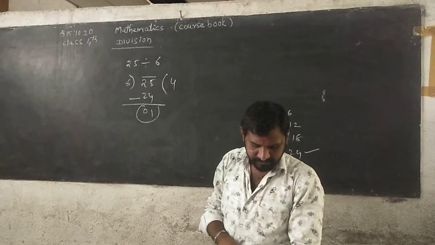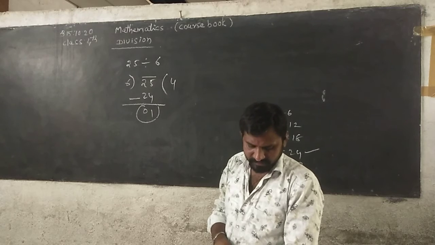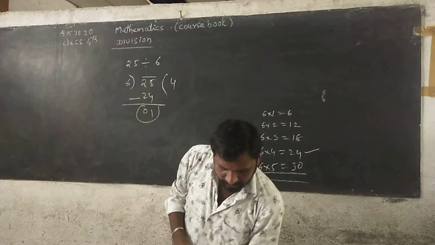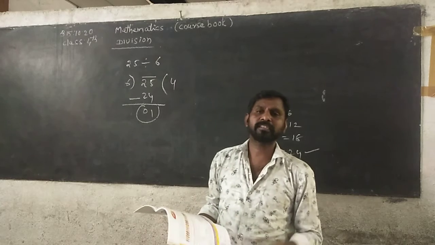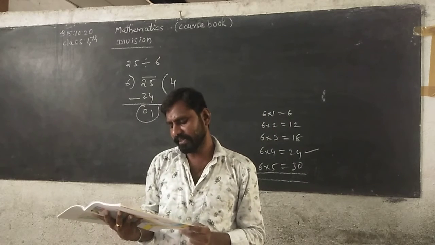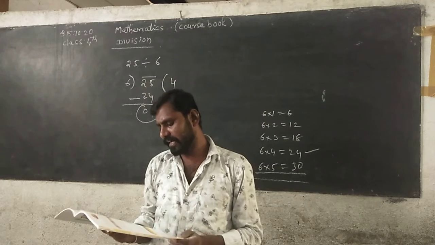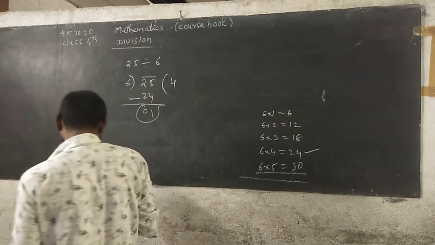See here, it has to be understood that a number when divided may or may not leave a remainder, depending on the number. Sometimes the remainder can be 0, sometimes not. The number it is divided with can be easily understood by the following rule: dividend is equal to divisor into quotient plus remainder.